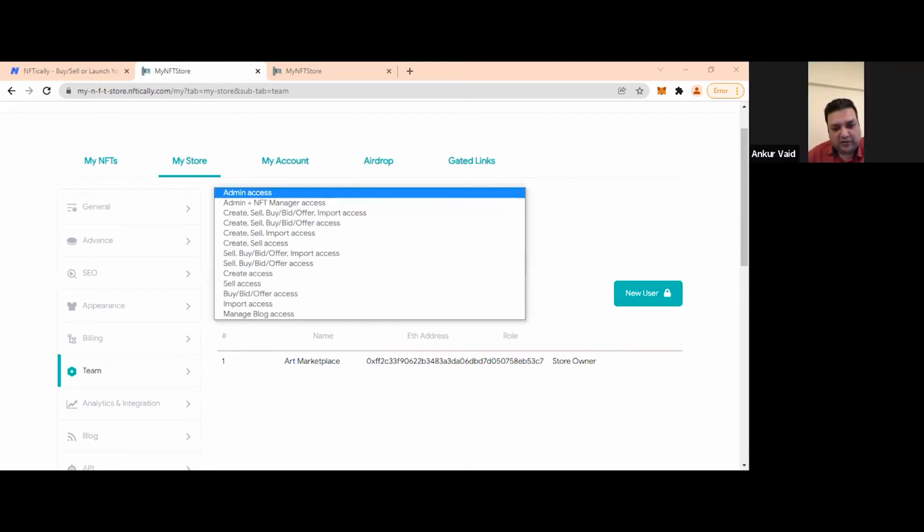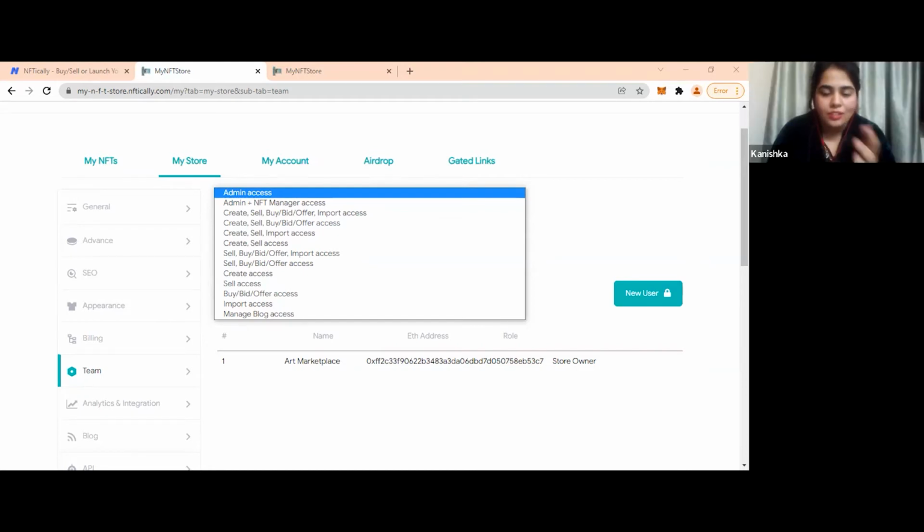Kanishka, could you speak about which wallets you can connect with? Yeah, we have MetaMask. We support Fortmatic, and we support an umbrella wallet, that is Wallet Connect. Wallet Connect allows you to get linked to any Ether-based wallet. So you have Wallet Connect, MetaMask, and Fortmatic.